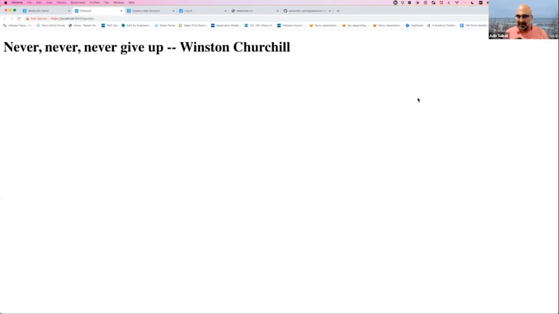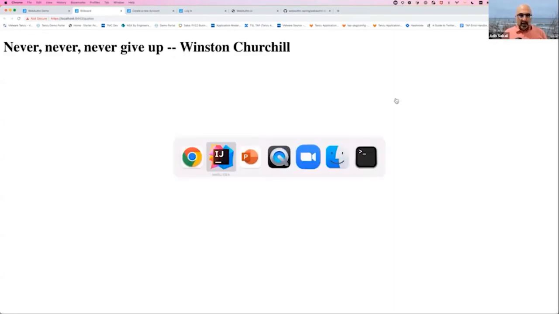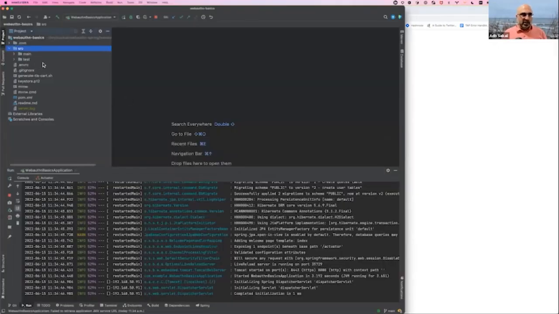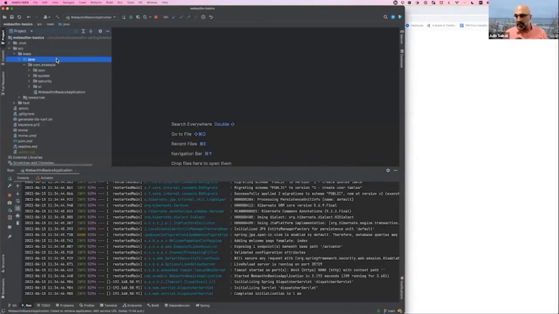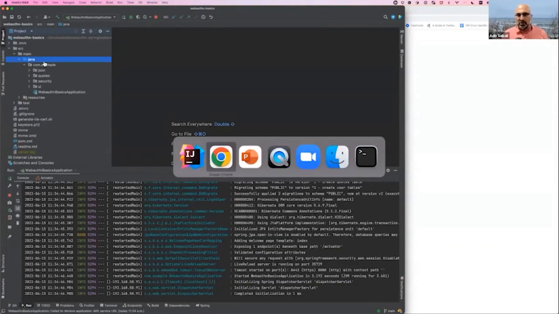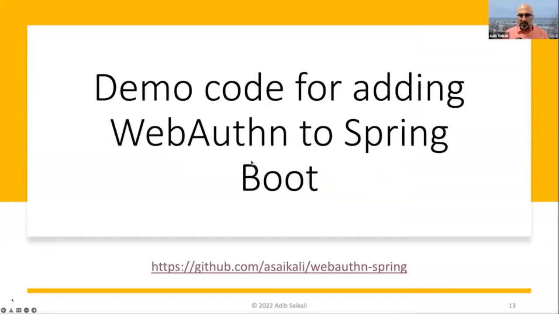Unfortunately, I don't have time to get into how you decide which way to go in the short session that we have together today. On the back end, it is a Java application, like I said, pretty standard vanilla Spring Security and Spring Boot. Unfortunately, due to time constraints, I don't have time to get into the backend code, but I hope you learned a lot so far from this introduction to the web authentication